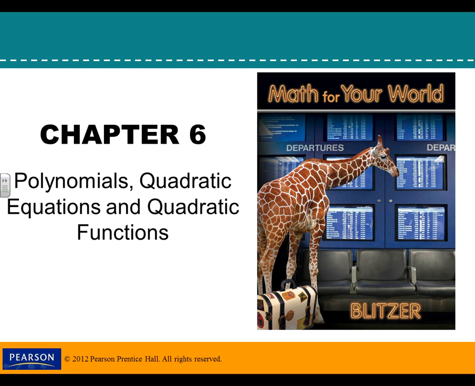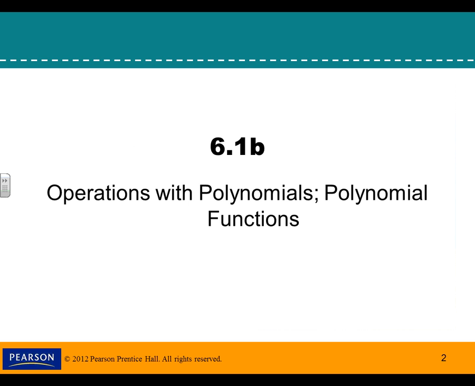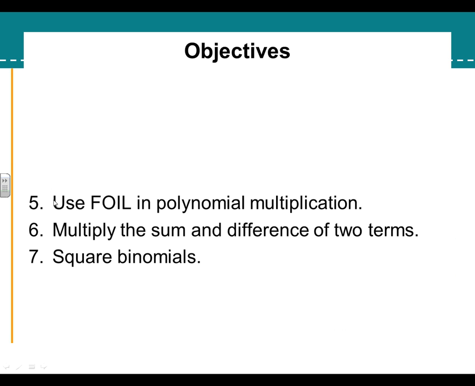Okay, today we are finishing the first section of Chapter 6, Operations with Polynomials, and today we're going to talk about the other three objectives, which is a special case of multiplying polynomials using FOIL. Then we're going to talk about multiplying sum and difference, and then we're going to talk about